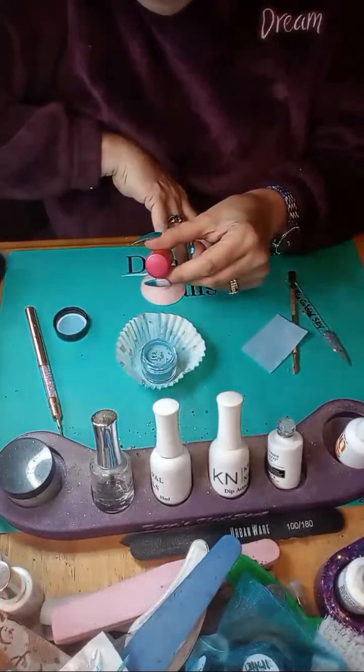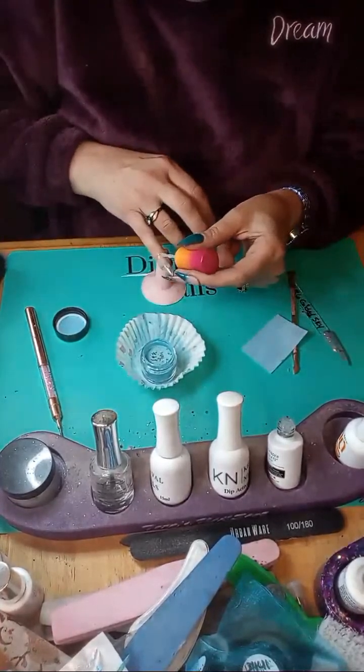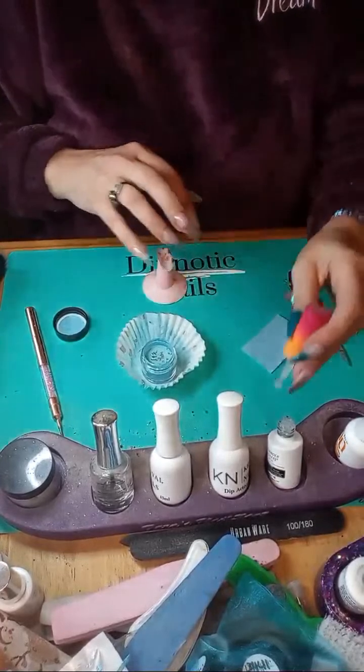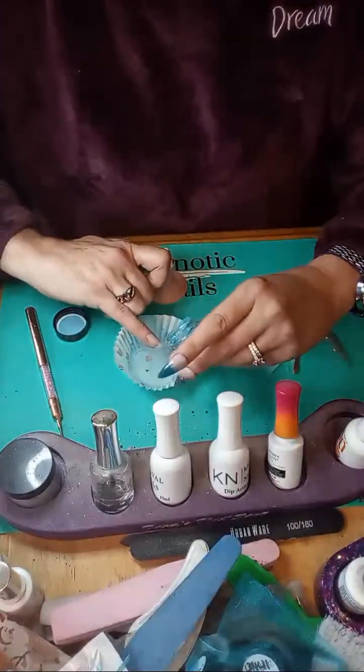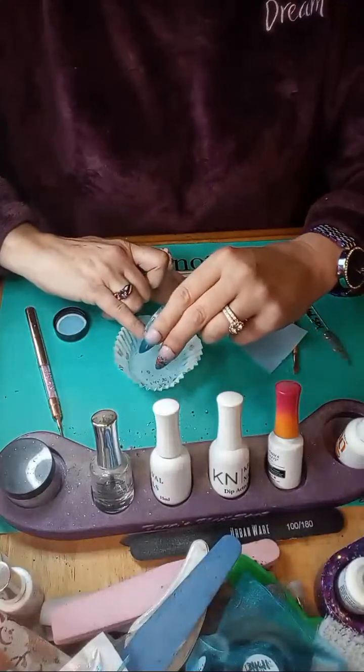Dipnotic dips, you guys, apply beautifully. I'm not just saying that. Like, her dips always, whenever I do manis with her stuff, I know it's going to be like gorgeous because,